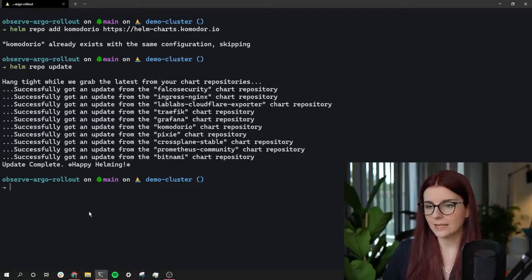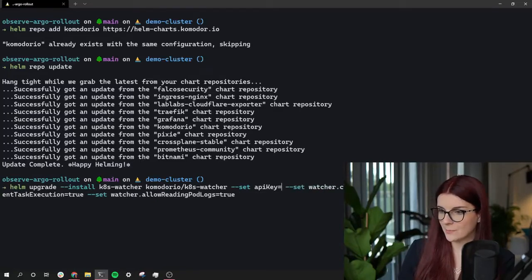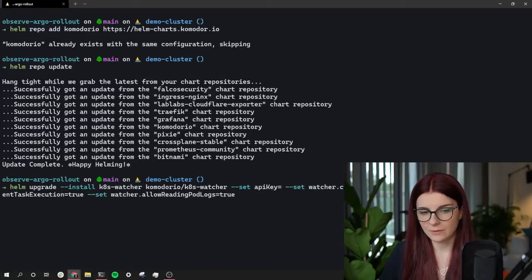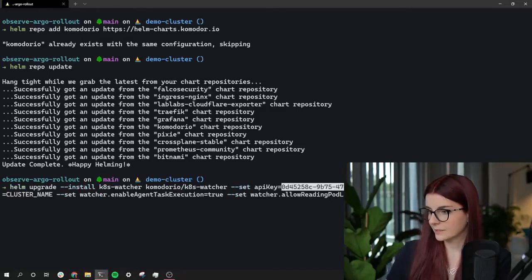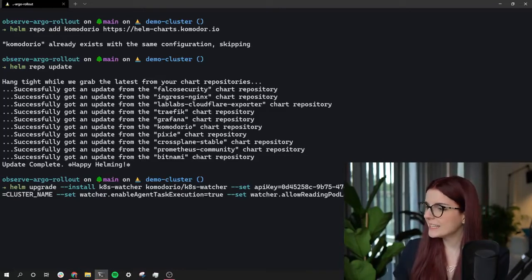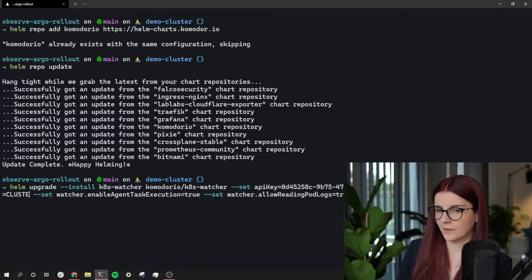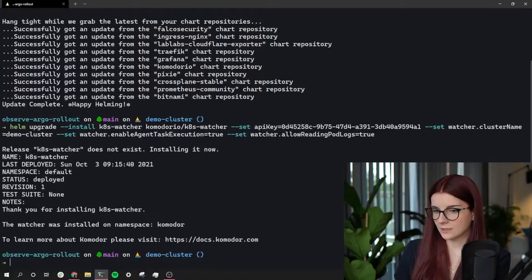And then we can go ahead and install Komodor on our Kubernetes cluster. Now in this case, I have to change the API key. I have to provide my API key right here. So we're going to take our API key from the Komodor platform and paste it right here. This is my API key. Don't worry, I changed it before publishing the video. We also want to provide our cluster name, and we called it demo cluster. Let's go ahead and install it